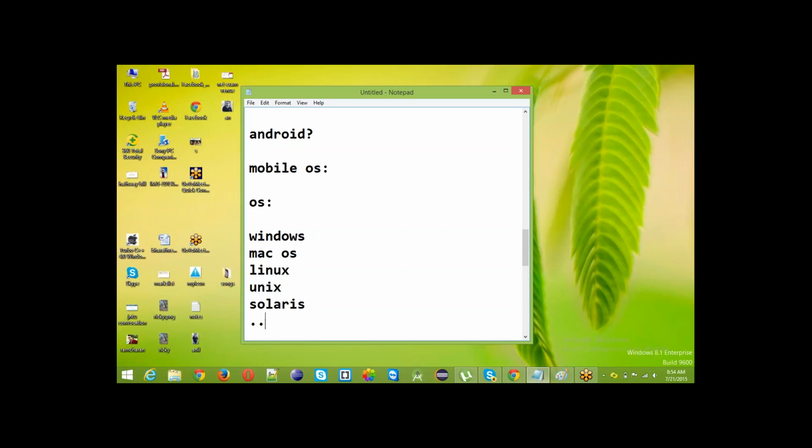There are so many operating systems available. These are the desktop operating systems, for desktops and laptops. In the same way, when you come to mobiles, there are also some operating systems like Android